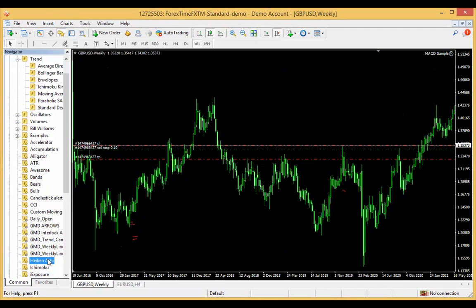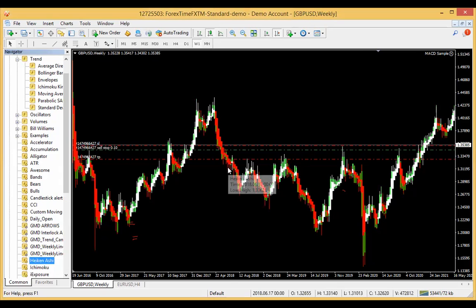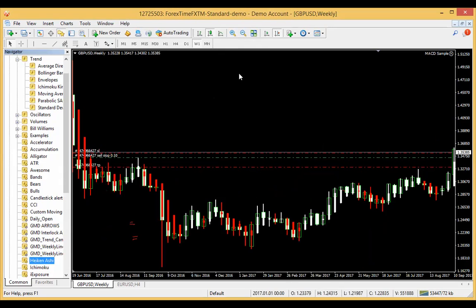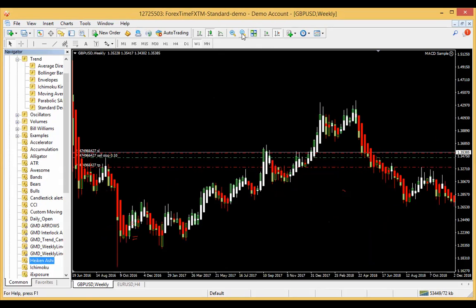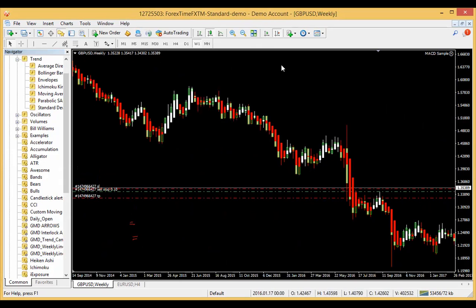Then you take it to insert inside your chart, and when you insert it, don't touch the parameters. Everything is okay. Then you click OK. Once you click OK, now you will get this. This is why many people prefer using Heikin Ashi, people that know how Heikin Ashi works. Now, if you look very well, the red represents sell, while the buy represents